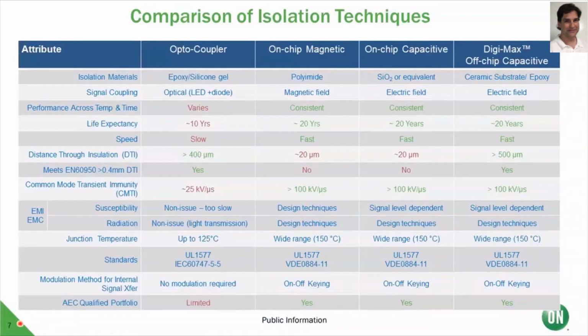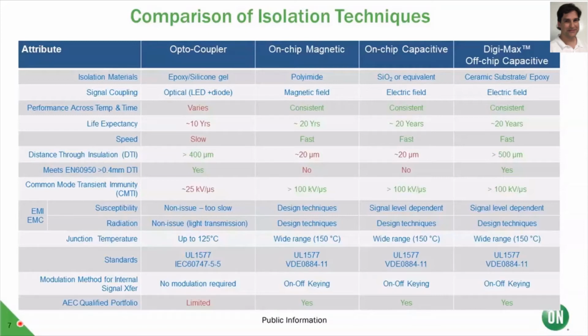Taking a closer look at a comparison between the different technologies, the life expectancy of the devices, typically for digital isolators, is 20-plus years. For optocouplers, it's listed at 10 years, mainly because of the LED degradation. However, this is well understood, and it's typically 1% to 2% per year. And with the average operating temperature and LED bias current, we can provide models to show the degradation trend for the devices, and this lifetime can be extended out with proper guard banding in the design of the optocoupler into